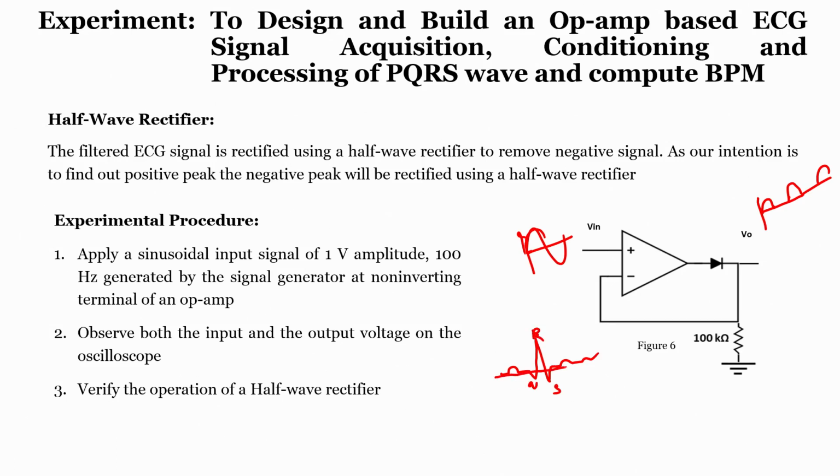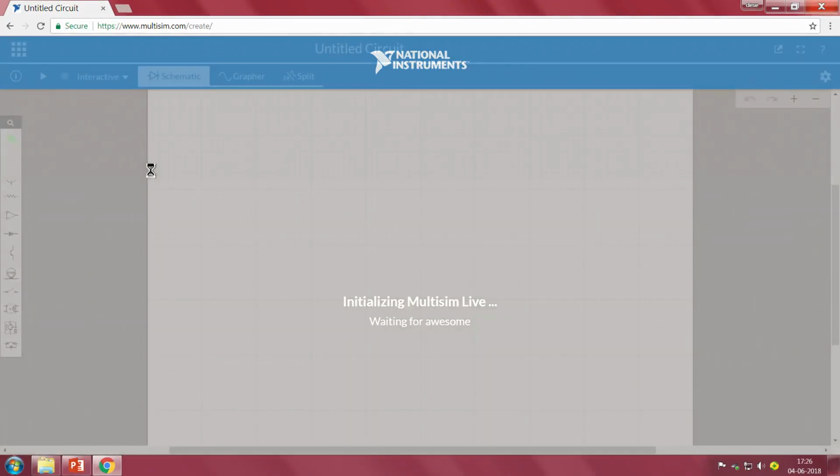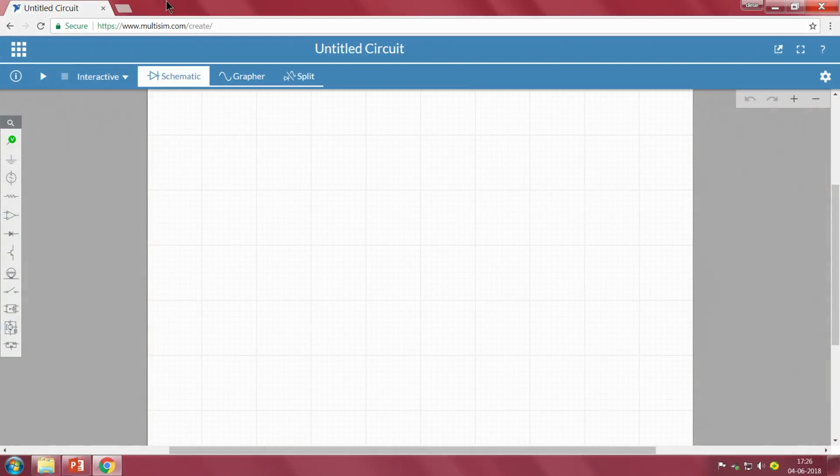So, what we can do is remove the signals which are lower than this value, which means the negative values can be completely eliminated by using this half wave rectifier. To understand that, we will do a simulation. Now, what do we require?